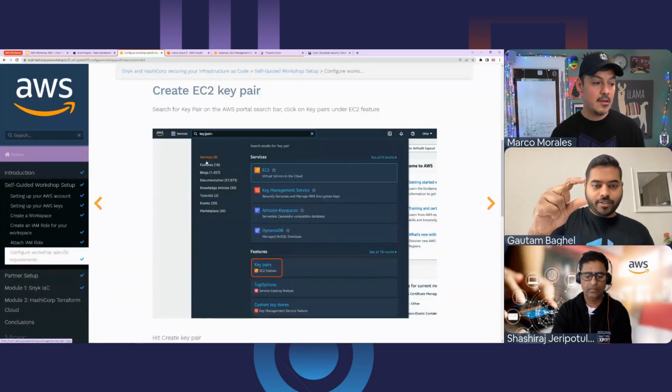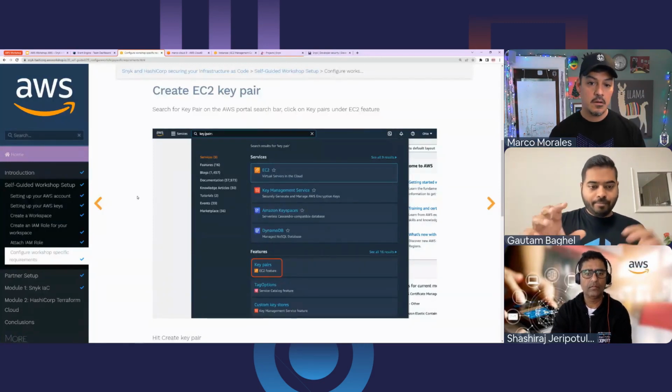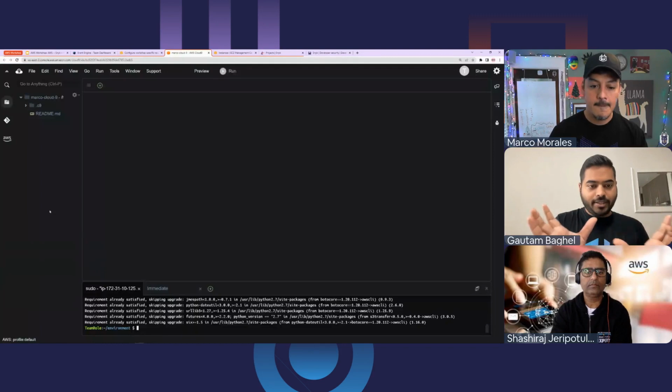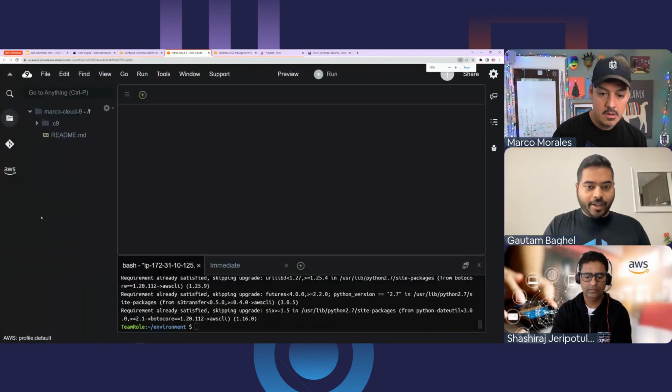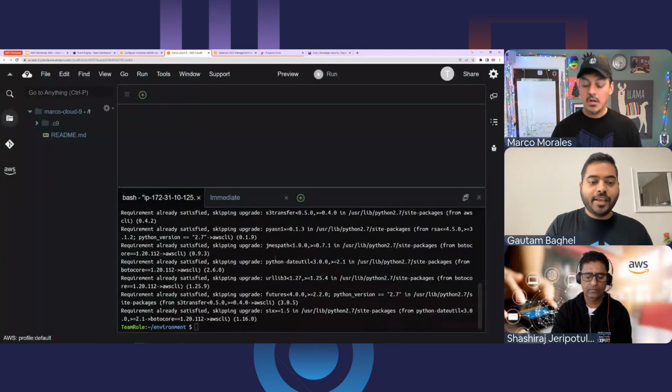If you can increase the size of the Cloud9 panel so that you can see the CLI commands, sure. If folks are following along, they can see. I also heard there's a slight delay between what we are going through and what the panelists might be seeing. So that might be the reason. Okay. Yeah. Sure. I'll try to minimize the impact.